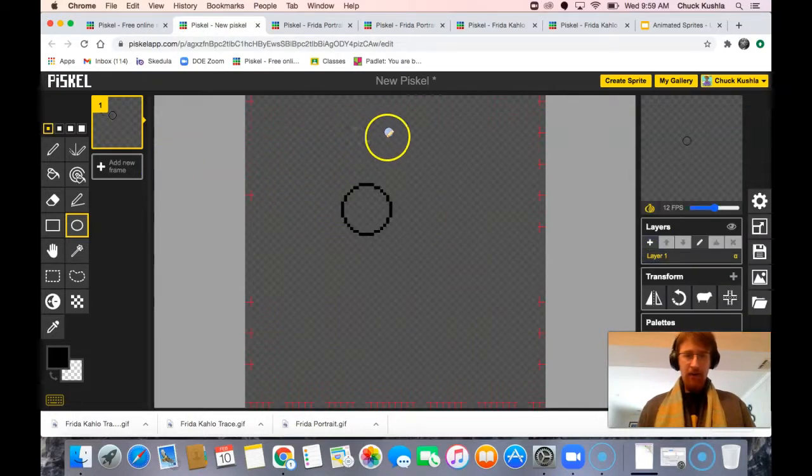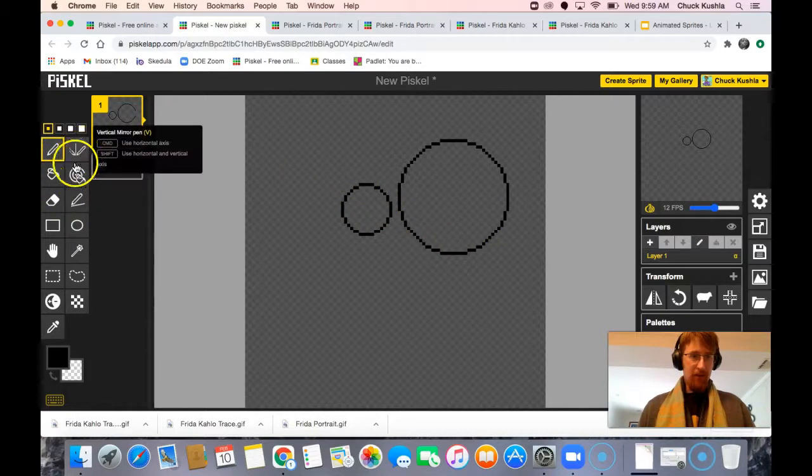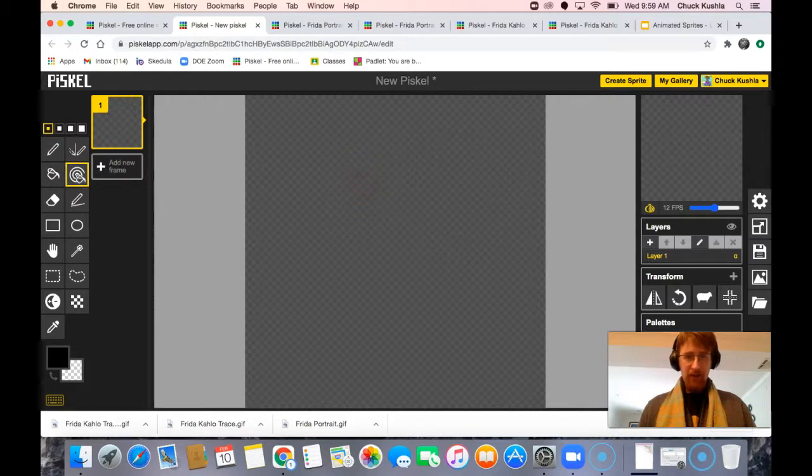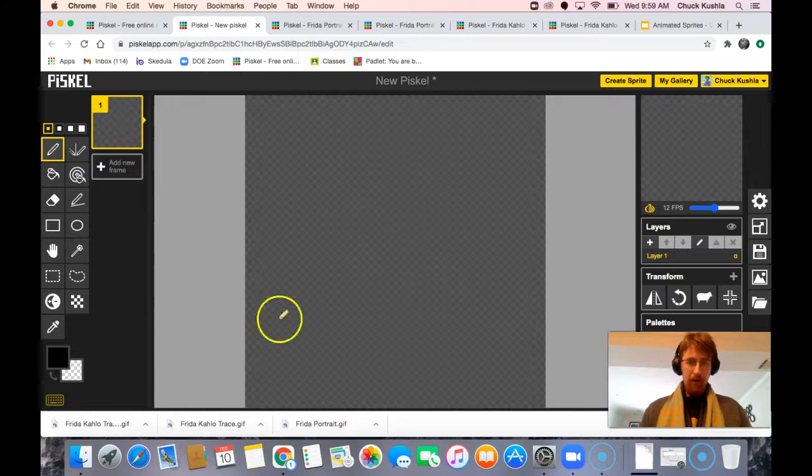Now just to show you, if I draw a circle, it has way more steps per every single cell, so your artwork is going to be much smoother. Let me just delete these two things here and get on with the artwork. So I'm going to be working from a reference photo. I could just wing this and, with the mirror pen, draw kind of an oval